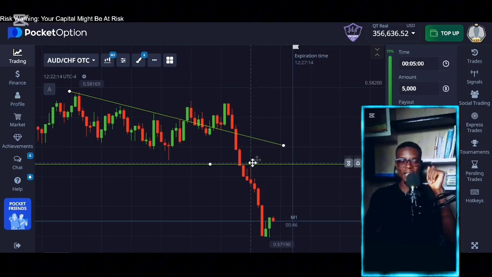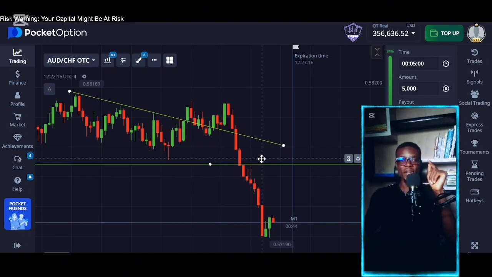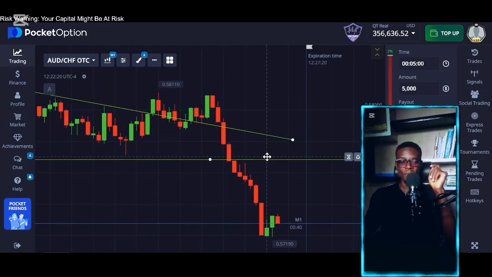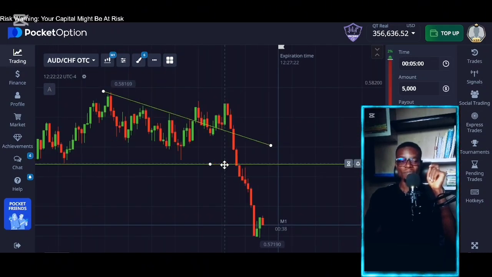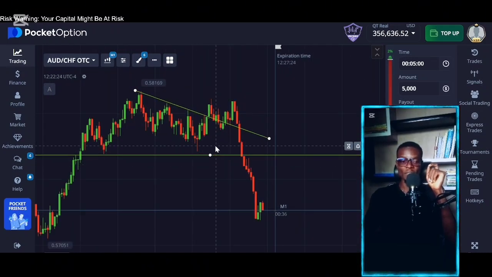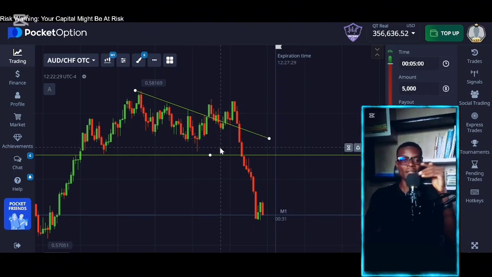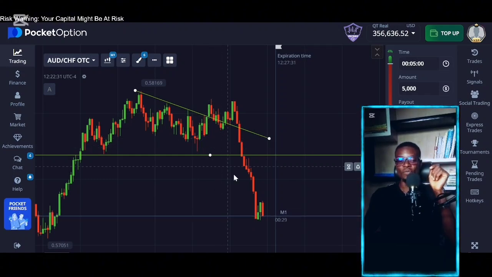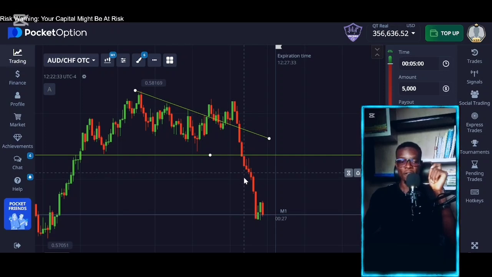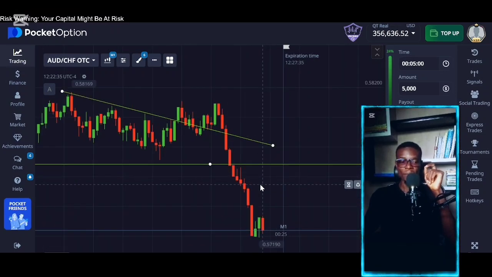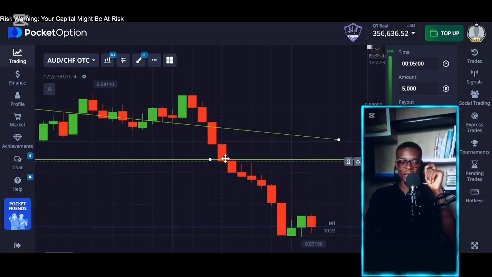If I see weakness and the buyer steps in, I can take my trade in favor of the buyer. Of course, if that happens, but if that doesn't happen, if the price closes below this level, I'm going to place my trade, because it's just normal that if price breaks low, price needs to create the next low. So for the next 5 minutes, price should move below, and of course, that should move in my favor. Okay, so that was why I placed this trade when I had the breakout of this very candle,